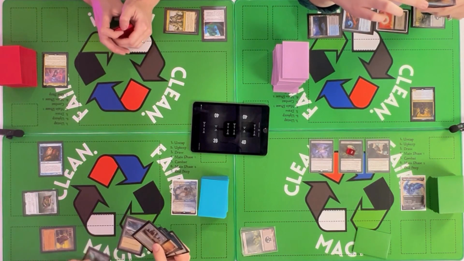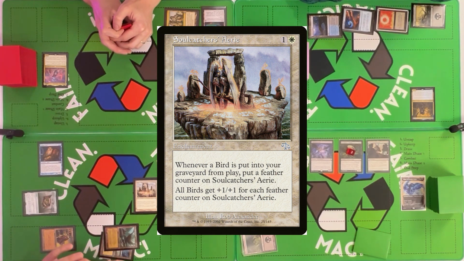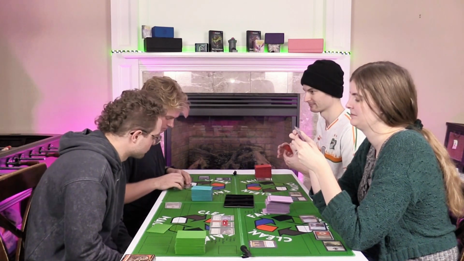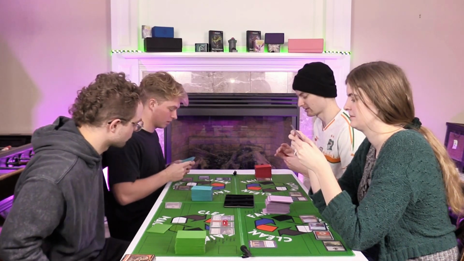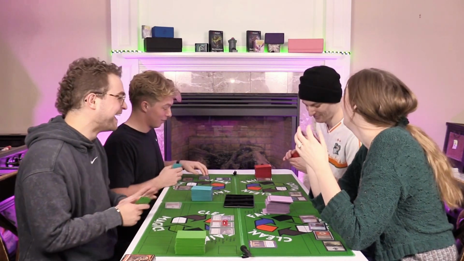And then I'm going to tap 2 for Soulcatcher's Aerie. Whenever a bird is put into your graveyard from play, put a feather counter on Soulcatcher's Aerie. All birds get +1/+1 for each feather counter on Soulcatcher's Aerie. There's this combo happening there. But I think you'll have to remove Rebecca's. Yeah, because you exile it instead. Oh, that's rude. Exile it. Never mind, Zach, you're throwing. And I will do a sweet